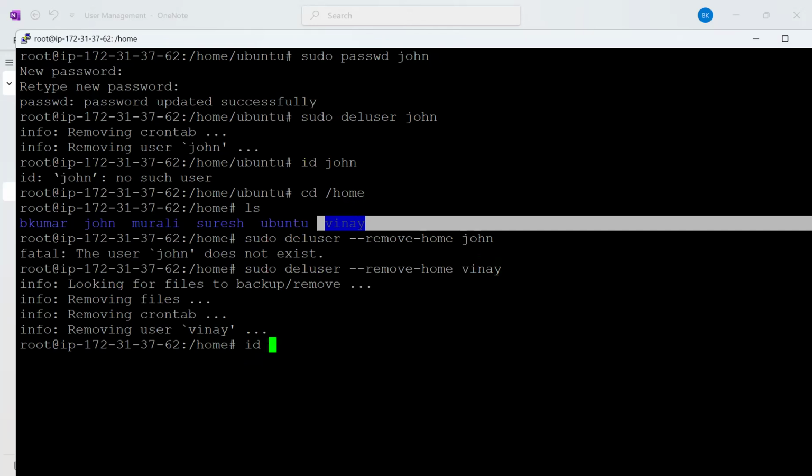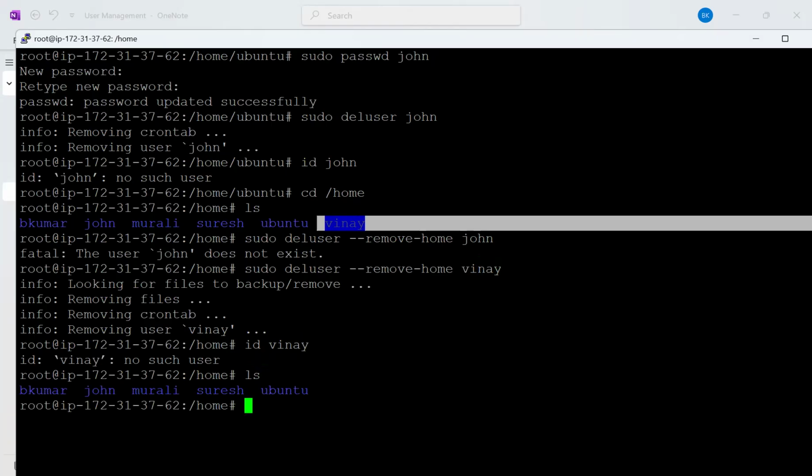Let's verify whether this user ID is existing or not. No such user. And verify the directory also. Here we don't have Vinay's home directory. It's deleted. Okay, next, move on to